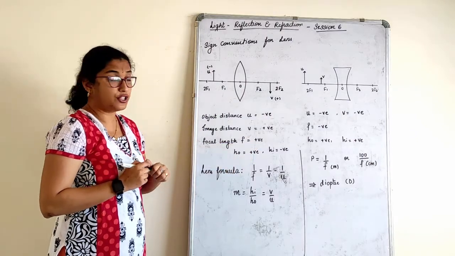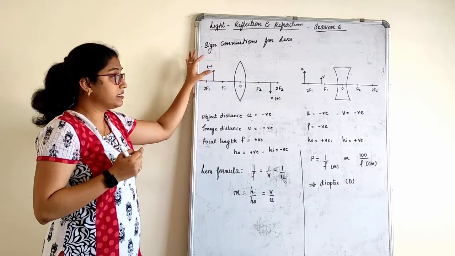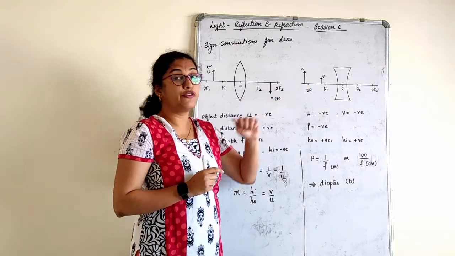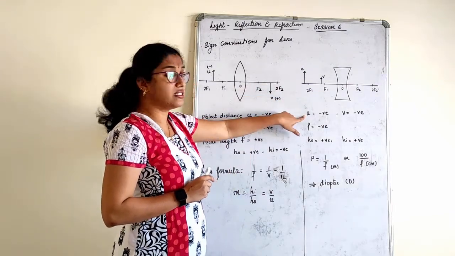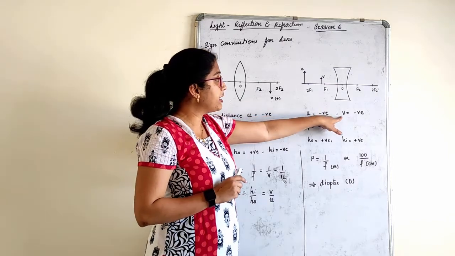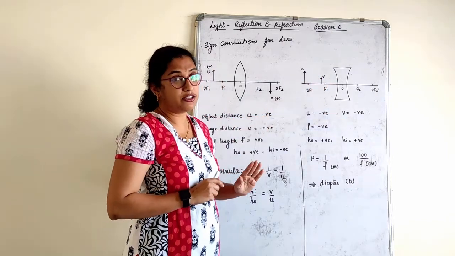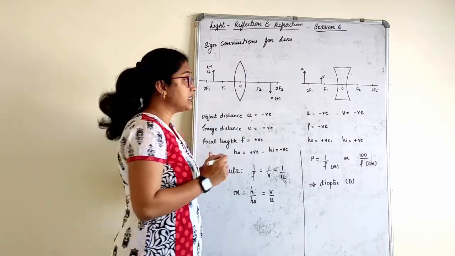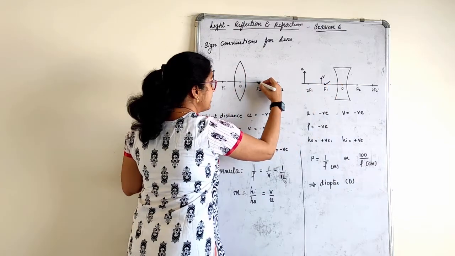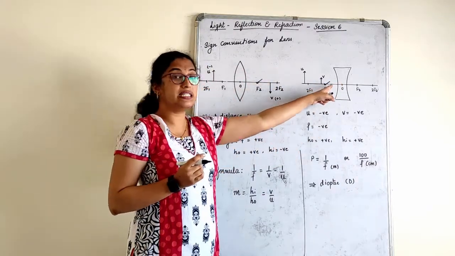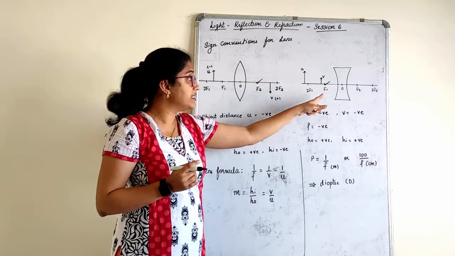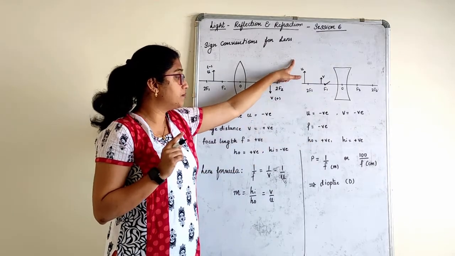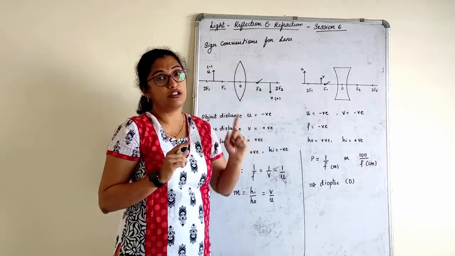Now let's talk about the height of the object. On the top, positive. Height of the image, since it is down, negative, right? Same thing for concave. Object distance, negative. Image distance is also formed here, that is also negative. Focal length: which focal length does the image focus on? It focuses on this focal length, here f2, when here it is f1. So for a concave lens, your focal length is negative. Height of the object, positive. Height of the image is also positive.